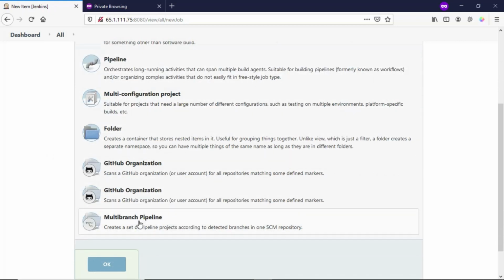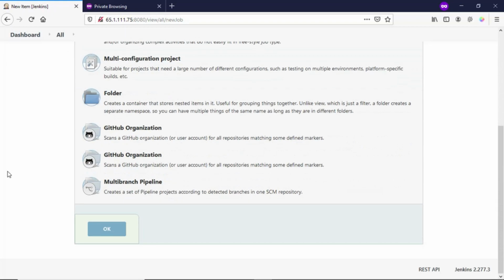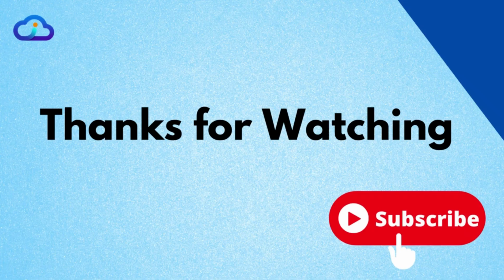You also have the option for a multi-branch pipeline. Suppose in GitHub you have multiple branches like master, development, staging, testing, etc. And for each one of them you need different build and deploy commands. You can make use of a multi-branch pipeline in which every branch will invoke a different set of commands for building and deploying. In the next set of tutorials, we will see how to configure some of these pipelines.